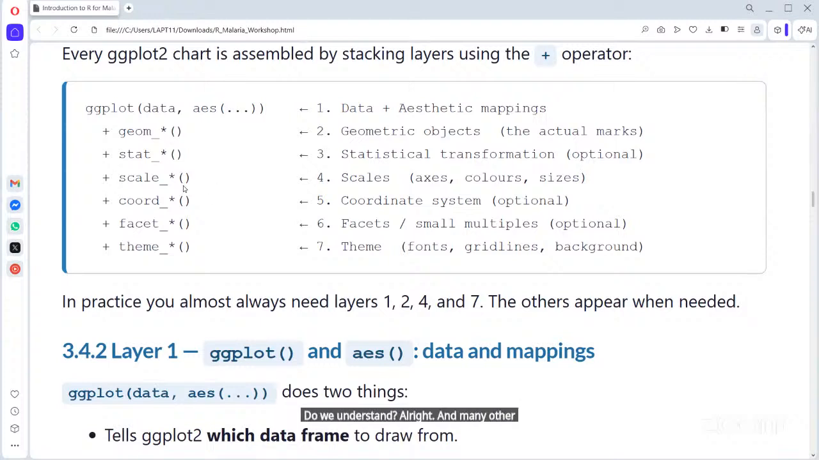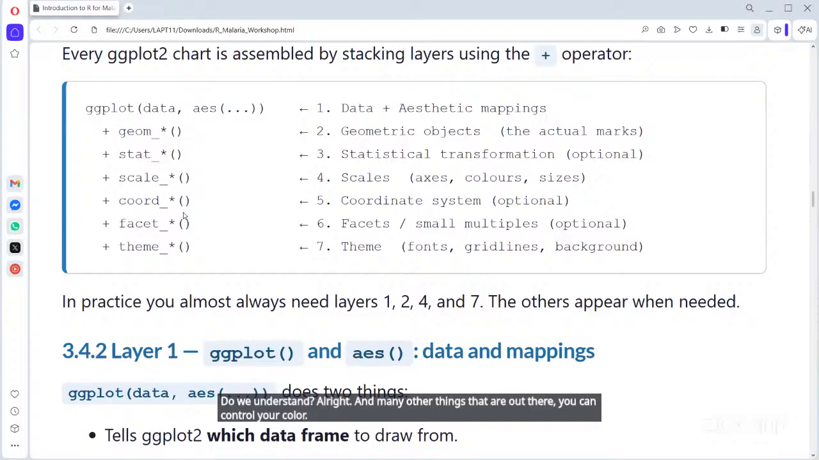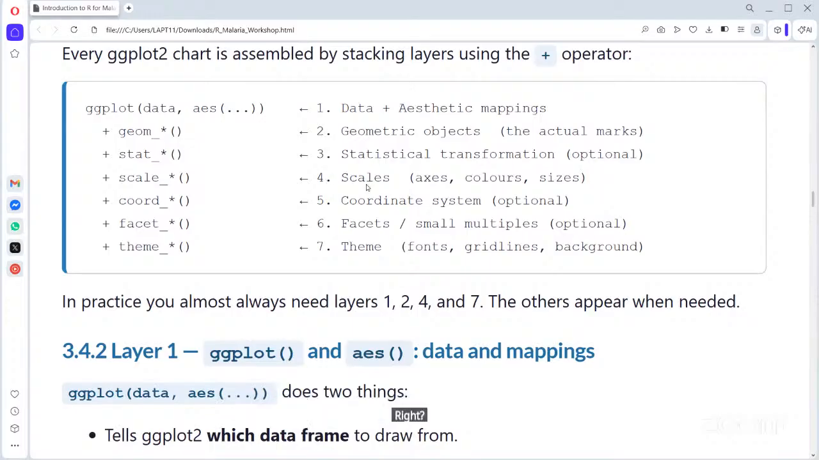And many other things that are there, you can control your color, right? You can control color using scales, specify the kind of colors that you want. The coordinate system, you can control it. Your font, the background of the picture, the grid lines, you can control them. A lot of things you can control using ggplot, right? So these are layers telling R how you want to control your plot outputs,